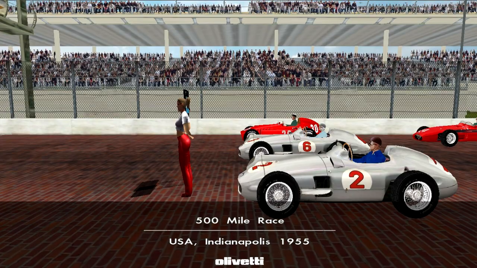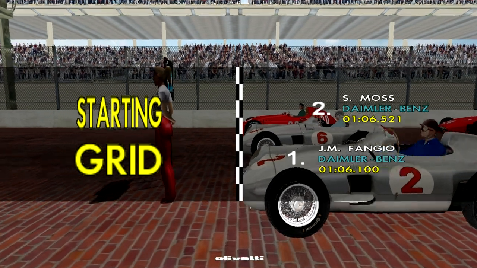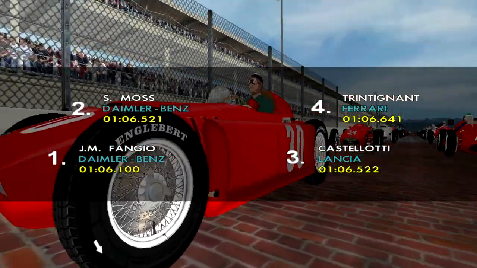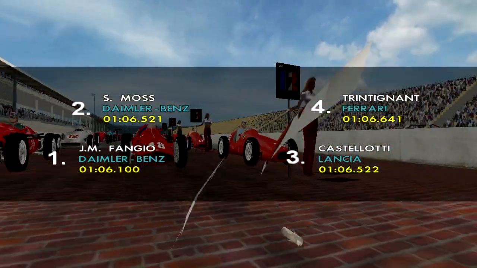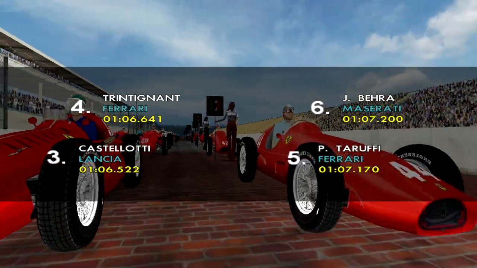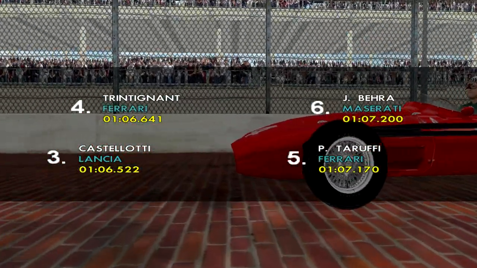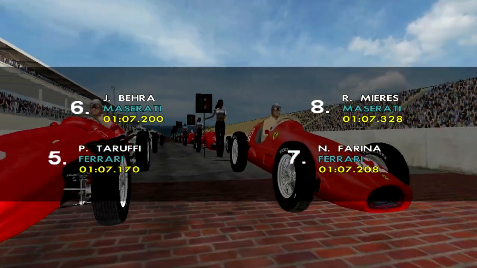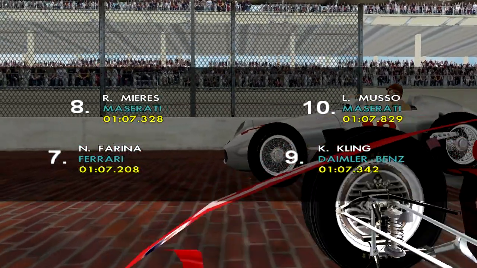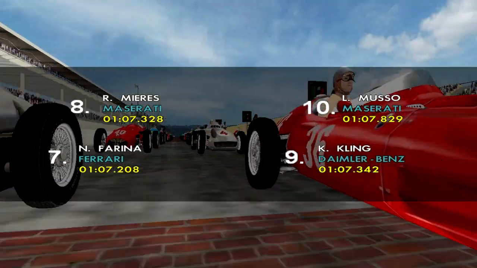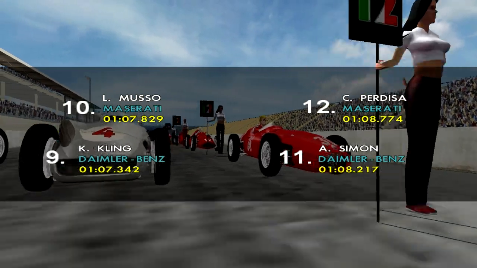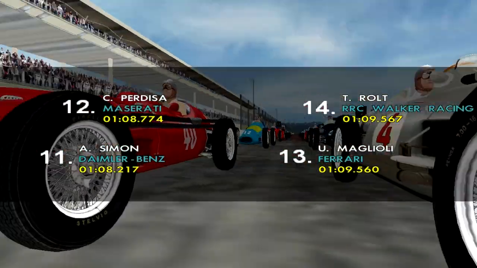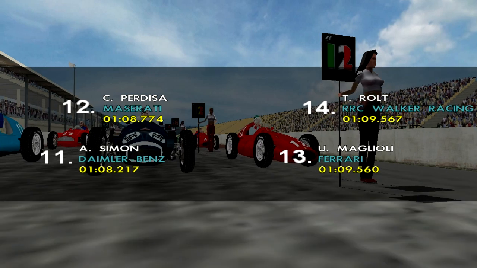And we just saw the previous Indianapolis 500 winners, and now we have the grid walk. We have Fangio on pole, Sterling Moss on second, Eugenio Castellotti third, Trintignant fourth, Piero Taruffi rounding off the top 5. Next we have Jean Behra in 6th, Nino Farina 7th, followed by Roberto Mieres in the Maserati in 8th, Karl Kling is 9th, Luigi Musso 10th, André Simon is 11th, followed by Cesare Perdisa in 12th, Umberto Maglioli 13th,